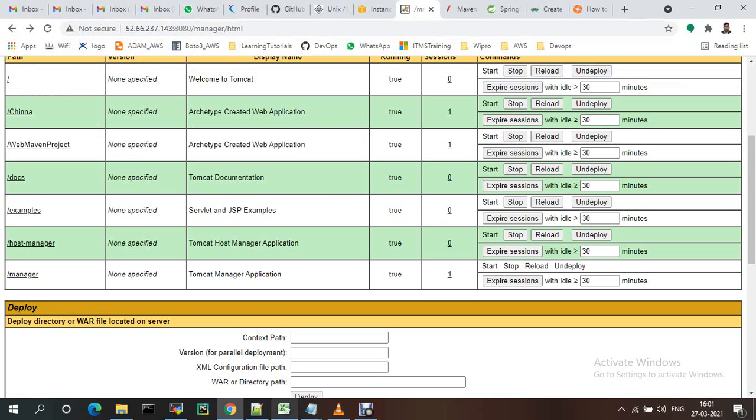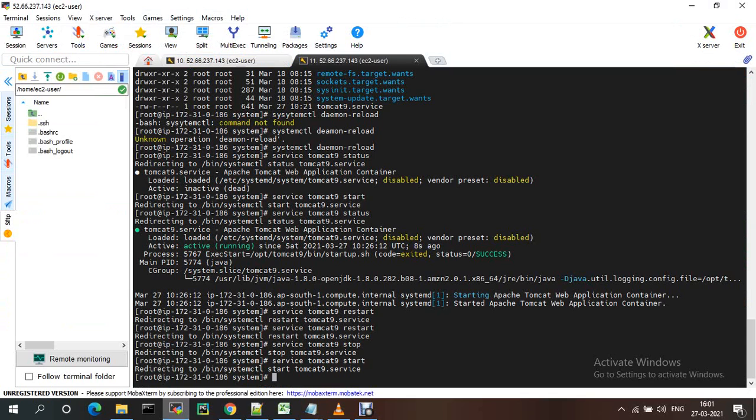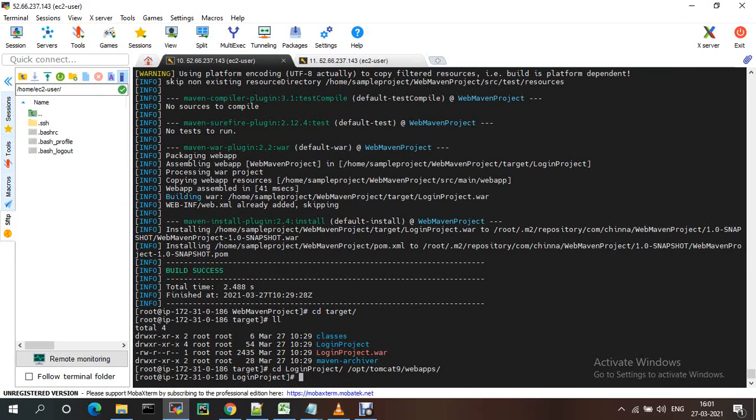Not that correct one. Let me check here whether that one is moved or not. Let me go to Tomcat. Actually, we didn't move that war file. That is the issue. Okay, so I got to know. I just need to move the war file, right? That's why it is not showing there.